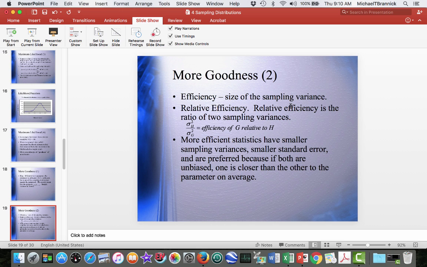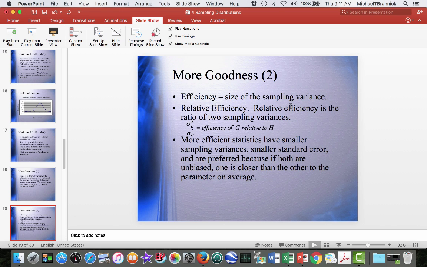You'd like a small variance, because that means all the estimates are close to the mean of the distribution. And if that's an unbiased estimator, it means your efficient estimator has estimates that are right on average and close all the time. More efficient statistics have smaller sampling variance, so they have a smaller standard error,